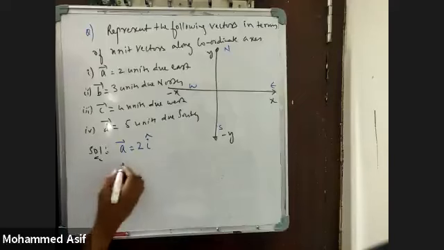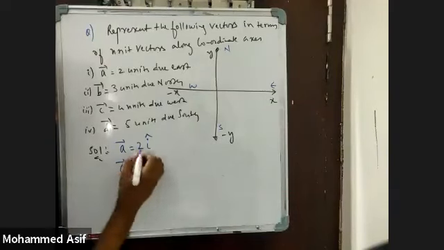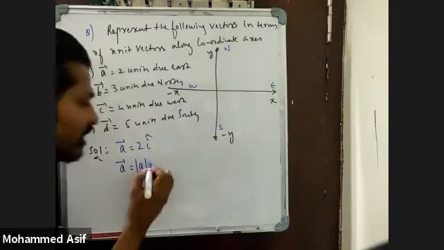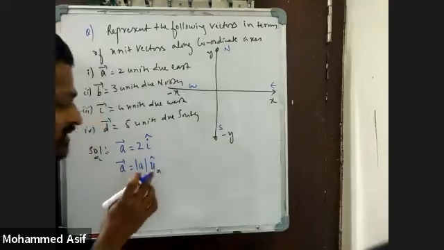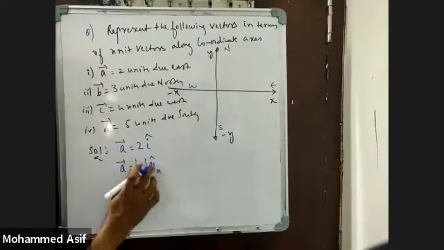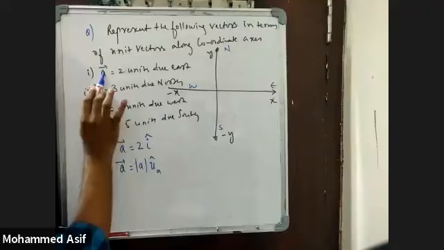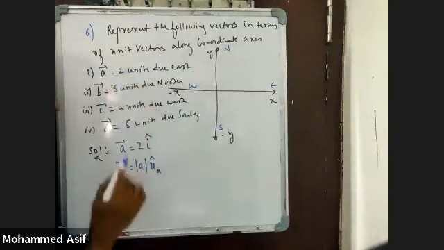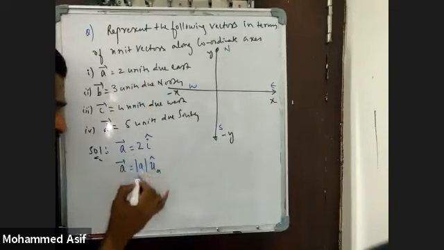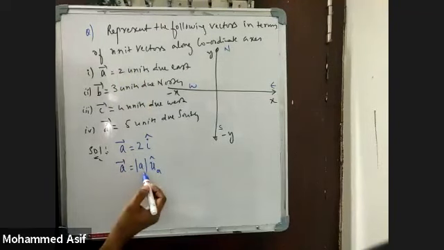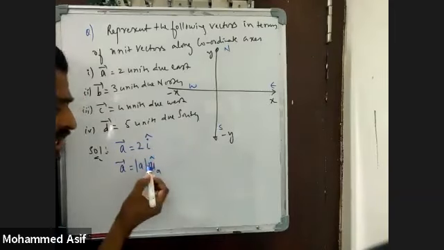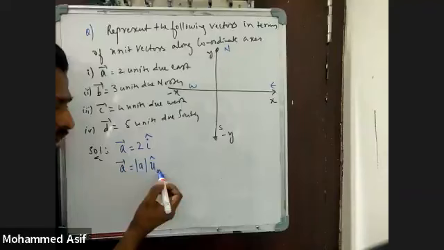Isn't it? So this one you see, this one is your A bar. This one is magnitude, so that is the reason I'm writing it as A. Then it is also represented by U into A cap. That means unit vector. First question, A bar is equal to 2 units due east. So 2 is nothing but the magnitude, and I cap is nothing but direction. What type of direction? Unit vector direction. So it is U, the unit vector of A cap.